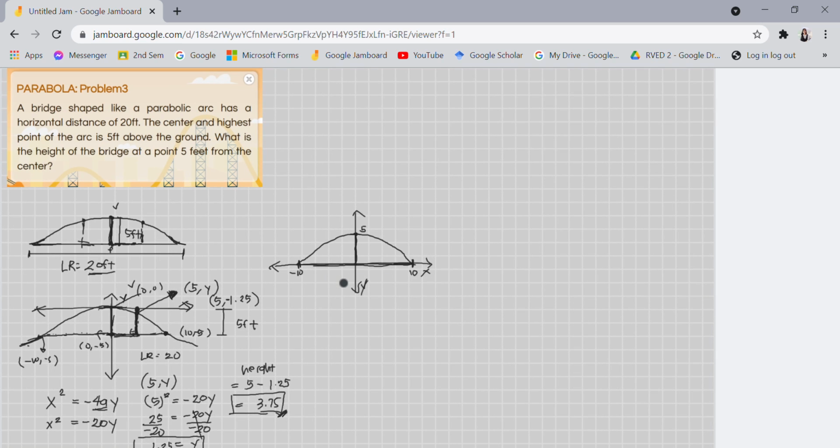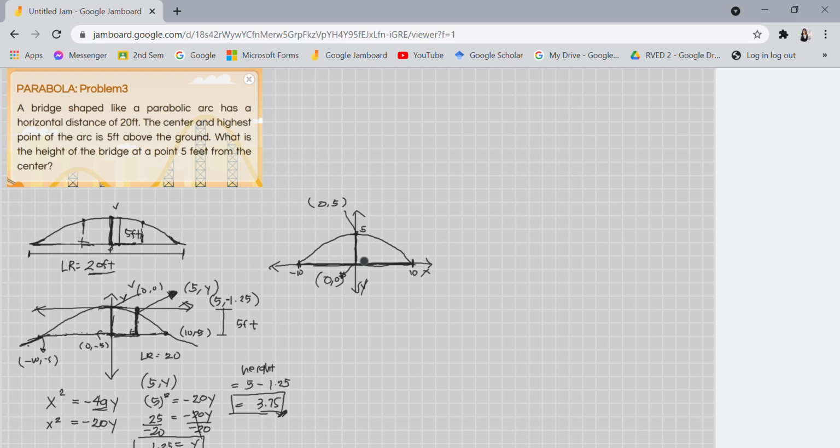So, again, ang dinecide natin dito ay ang ground ang ilalagay natin sa origin. So, now, same pa din siya. Facing down pa din yung parabola. However, your vertex now has the coordinate 0, 5. Hindi na siya 0, 0. That's 0, 5 na. Kasi, your focus is now at 0, 0. Okay? Again, if your vertex is 0, 5 and your focus is 0, 0, the distance is 5 feet, check